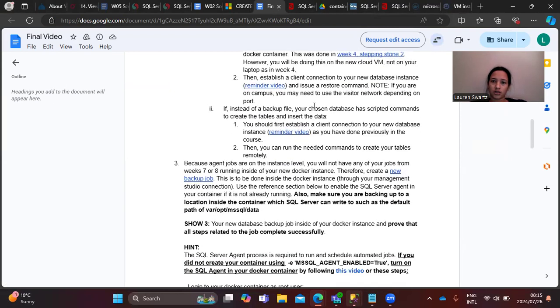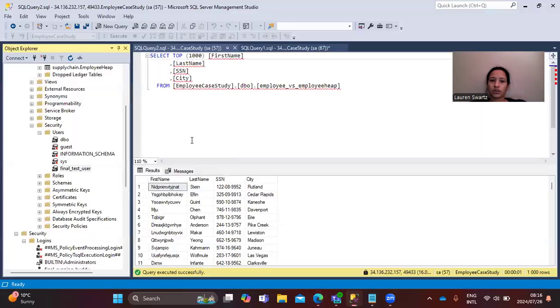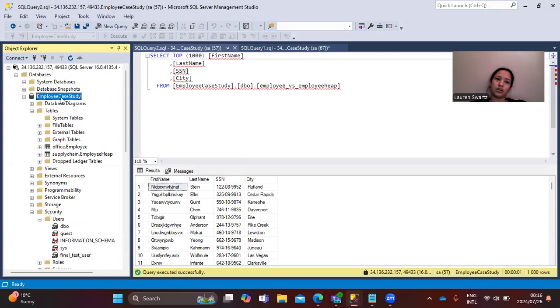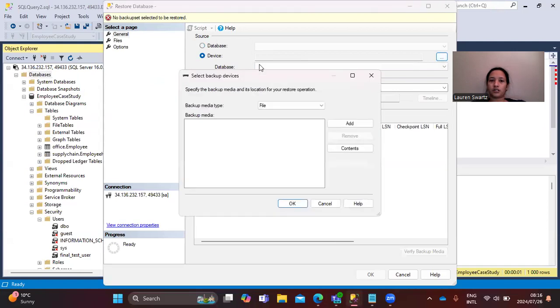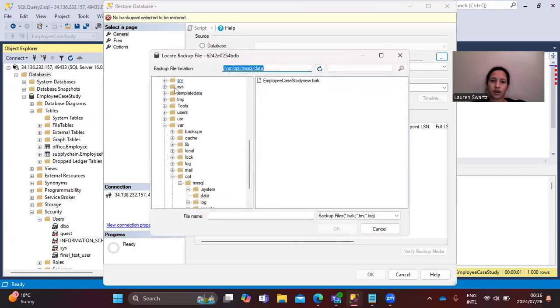It says that we need to now establish a client connection to your database instance and issue a restore command. So we already restored the database on the client too. How I've done this is by clicking on databases and restore, and clicking device and then going into the file where I placed the file. So I went to home, and there's my file. After clicking that,